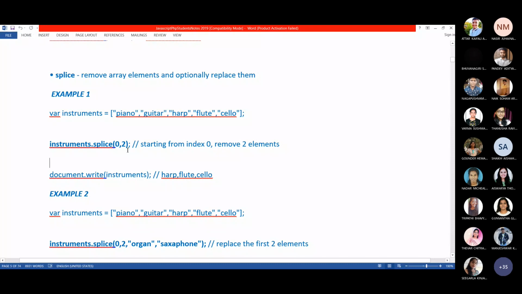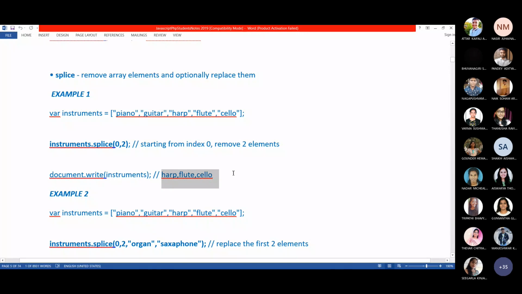From that you take 2 elements, so piano and guitar will be taken. Because you have given only 2 parameters, these 2 elements will be removed from instruments. If you print the instruments object, since using splice you removed the first 2 elements, the other elements will be the output.